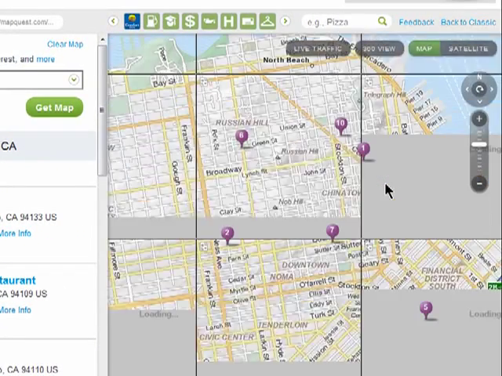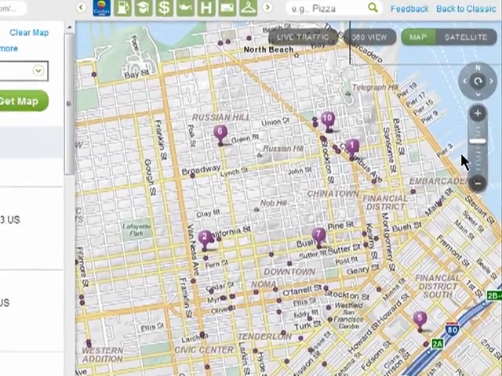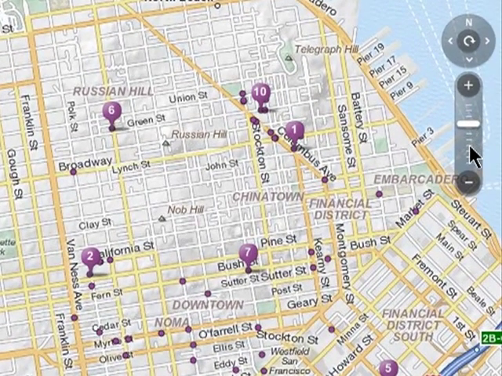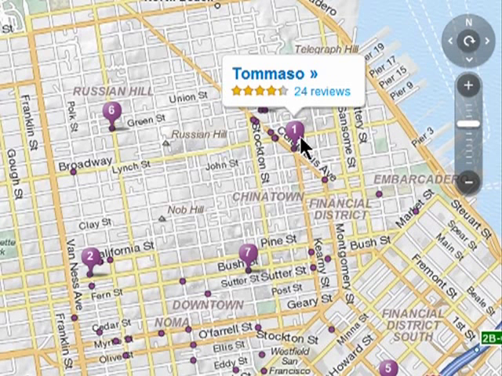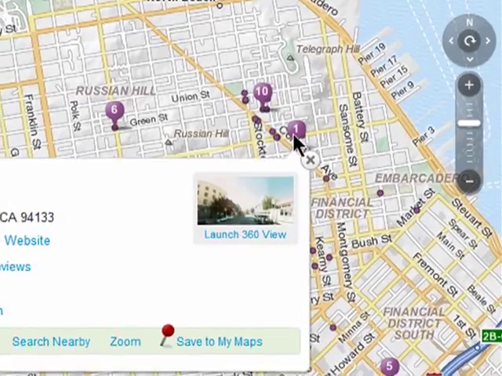You can double-click on the map to zoom in, or use this slider over here. All of the pins represent pizza places. Hover over them to see the name, and click on them to view more information,